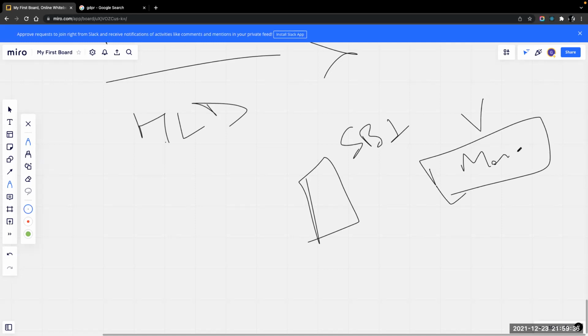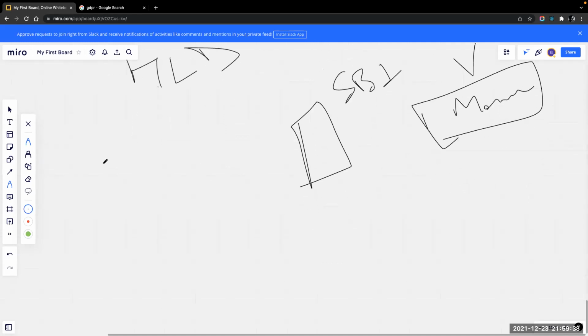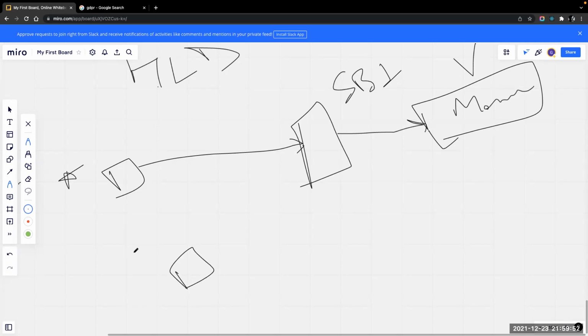You are the user with the mobile application, and you go to your SBI server and see how much money is in your account. Now you want to transfer money to another person. This is person A and this is person B.